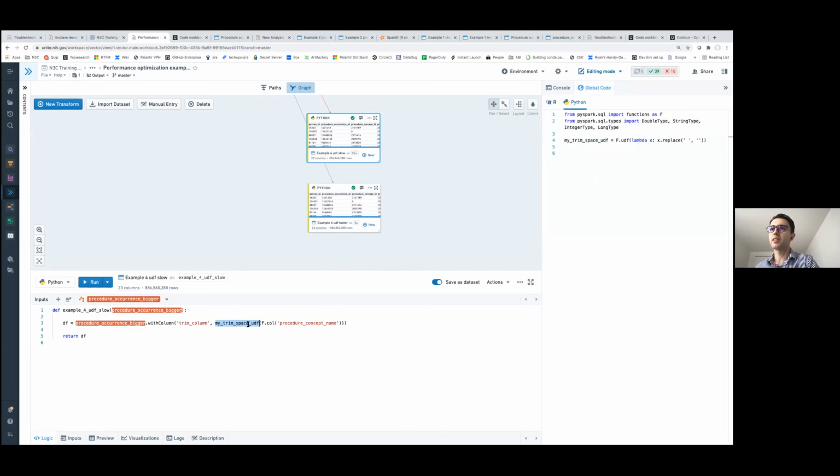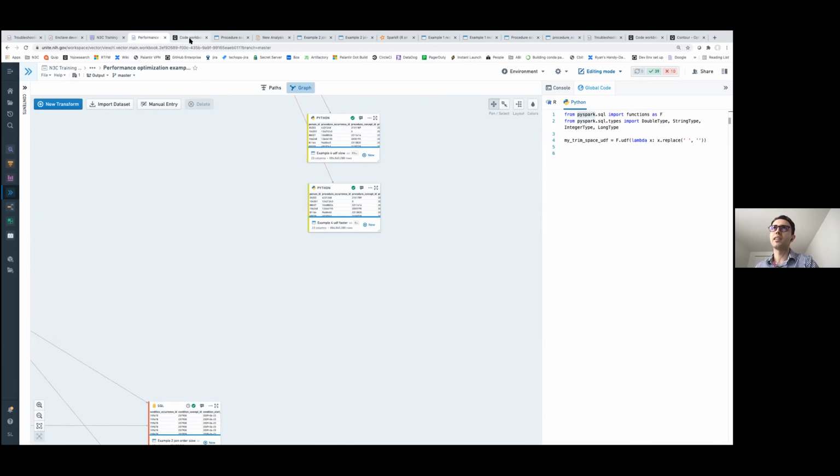Trimming the space using a user-defined function can be incredibly slow, whereas doing the same thing using this function, regexp_replace from the PySpark SQL function library, does the same job but much faster.